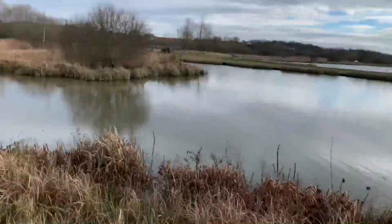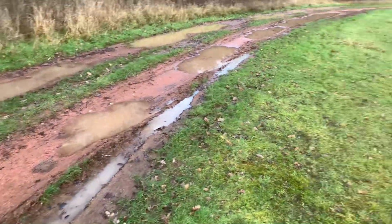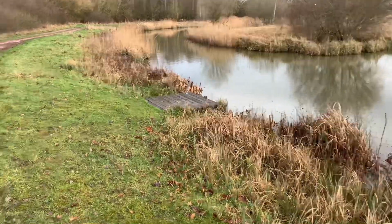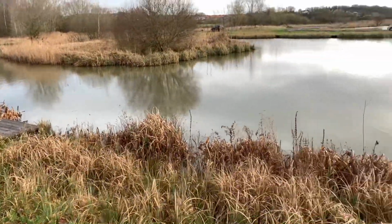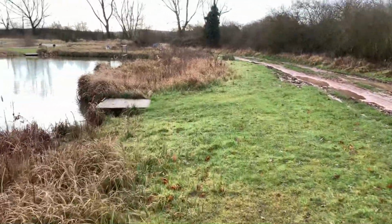And all this bit here, just come around that way. Really boggy sort of track here for your car, so definitely wouldn't recommend that. If you get stuck here, ain't nobody pulling you out. And then it goes off this way, and there's actually an inlet here I can see coming in, and that'll